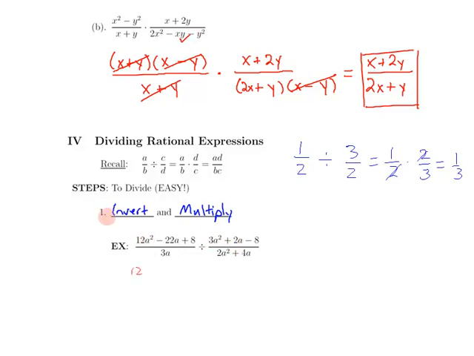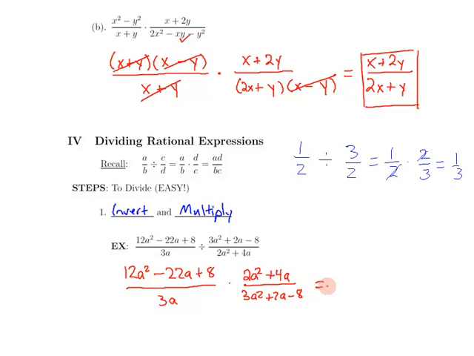We got 12. Let me use the right pen here. 12a squared minus 22a plus 8 all over 3a times, and I'm changing the division to a multiplication, and I do that by switching the second fraction. 2a squared plus 4a divided by 3a squared plus 2a minus 8. Now I'm going to factor. Take this numerator,